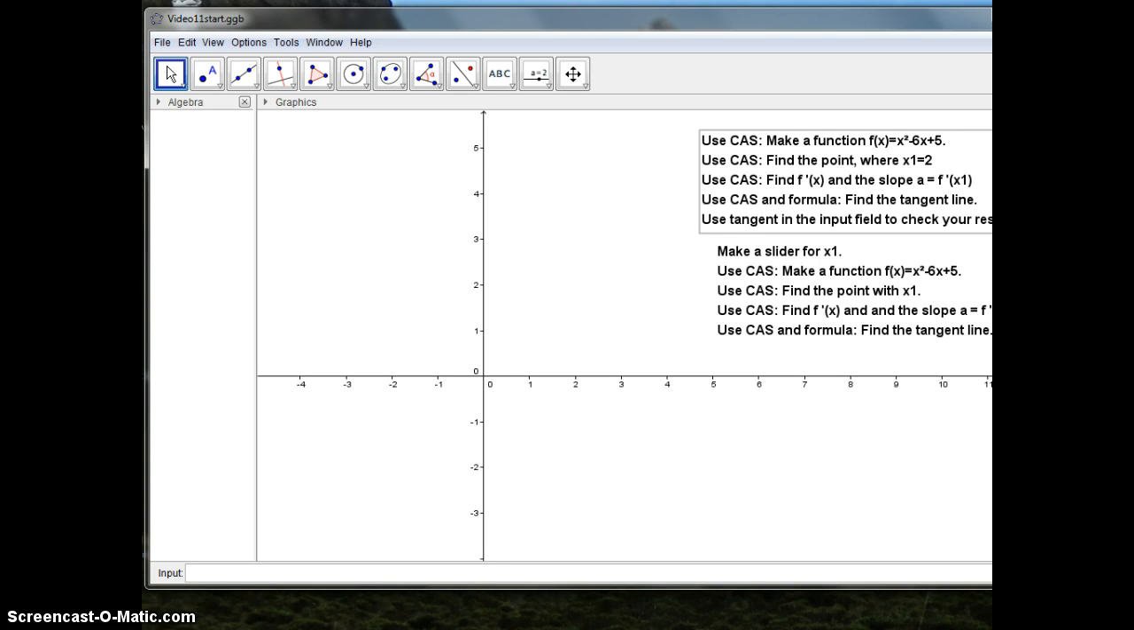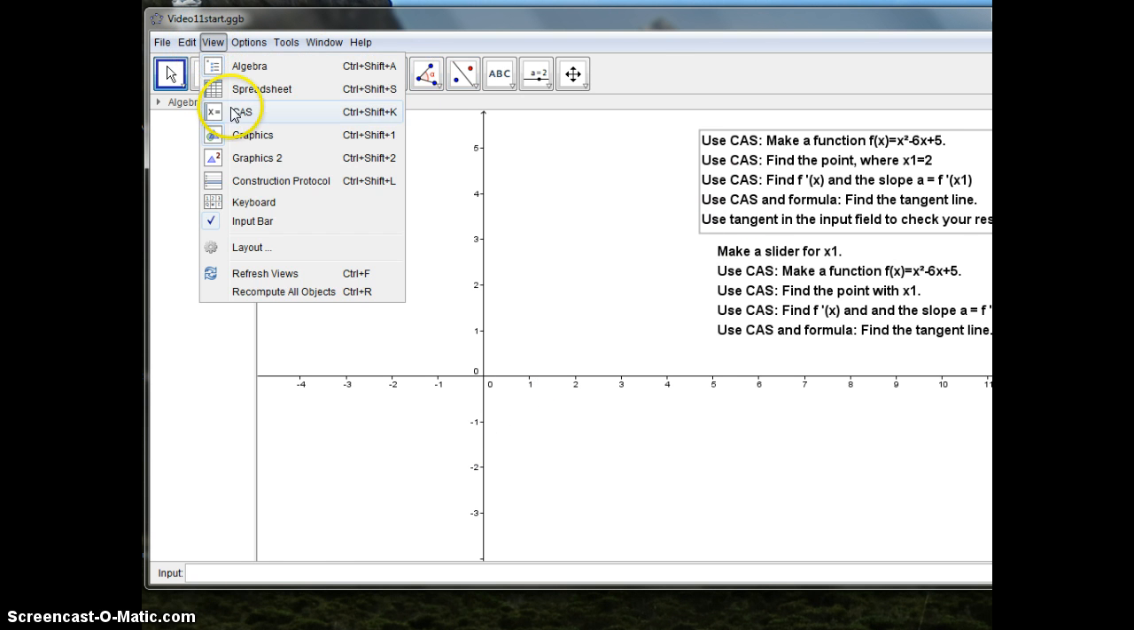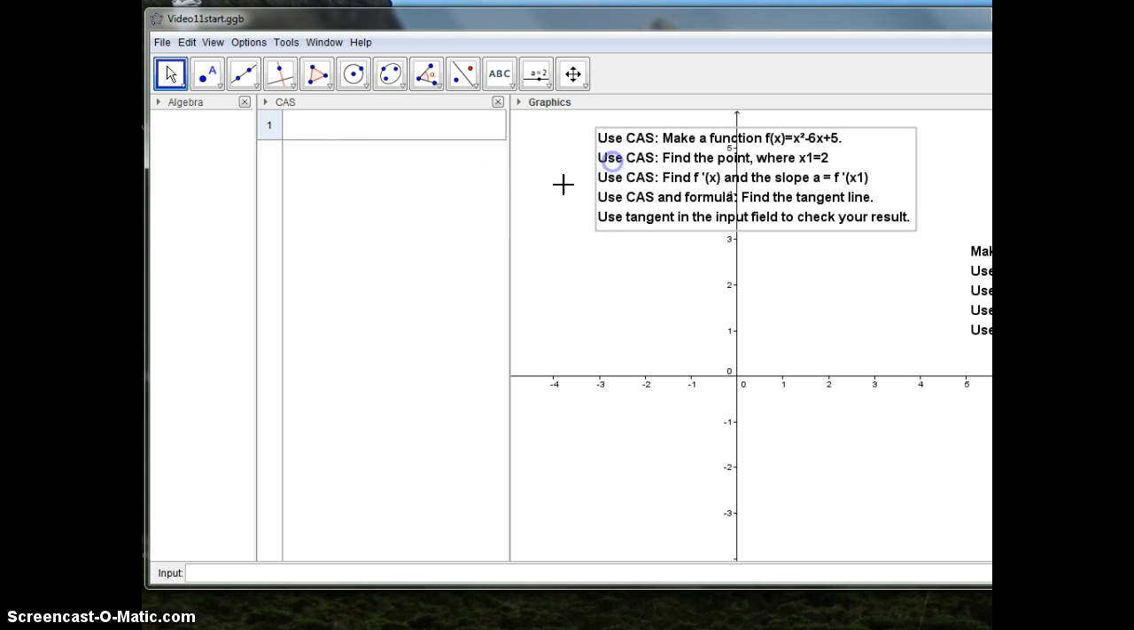Here we'll make tangent lines using the CAS tools, and we'll make all the steps from the very start to the line. It can help the students understand the theory behind how to make tangent lines and how to derive a function. So I'll open up the CAS window, and I'll have my task here, and I'll make the function